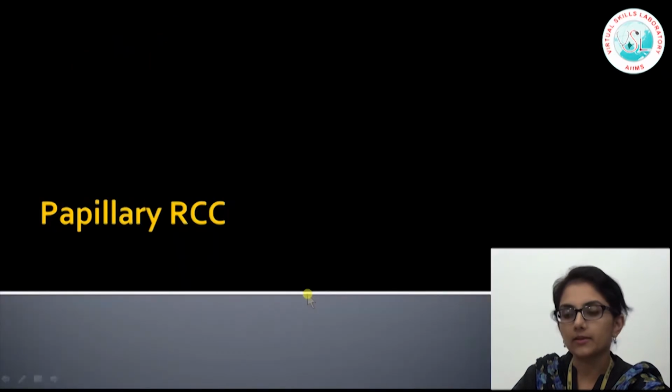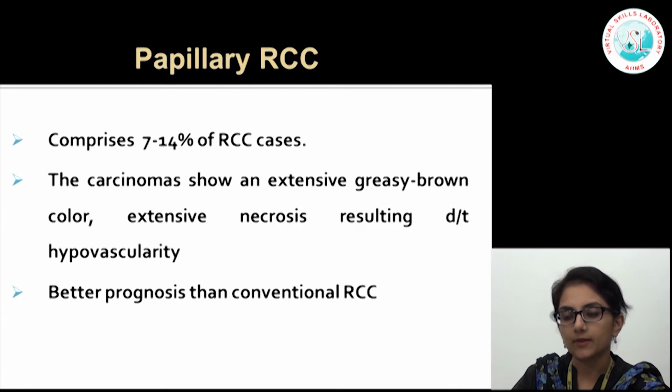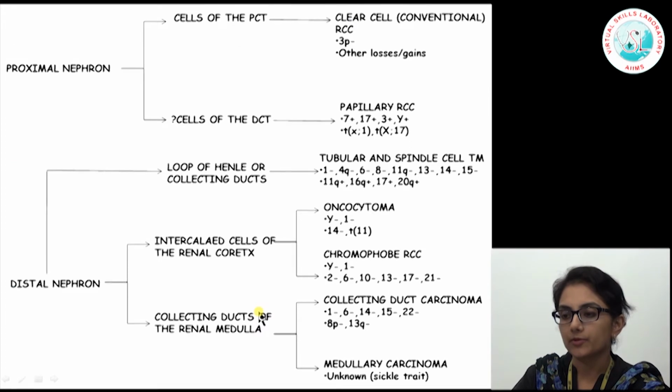Let's move on to papillary renal cell carcinoma. This is the second most common type of RCC, found in 7 to 14% of cases. Grossly, really, we cannot differentiate unless we do see some gross evidence of papilla formation. Papillary RCCs have a better prognosis than conventional RCCs, and their cell of origin is purported to be from the